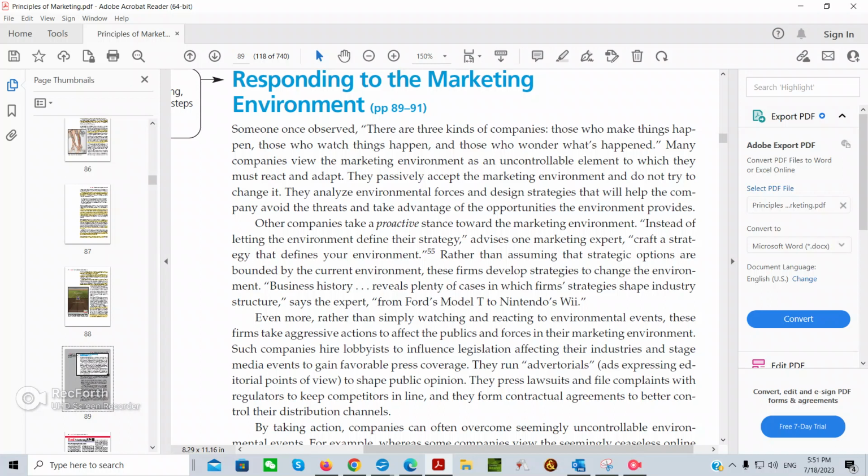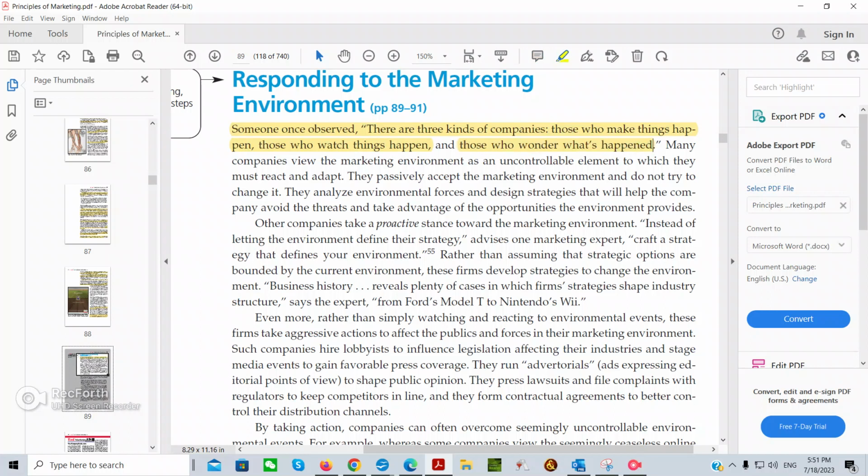Now, our last part, I believe, yes, this is the last part. So after you take all that information, you need to do one last thing, which is understand how to respond to the marketing environment. Someone once observed there are three kinds of companies: those who make things happen, those who watch things happen,